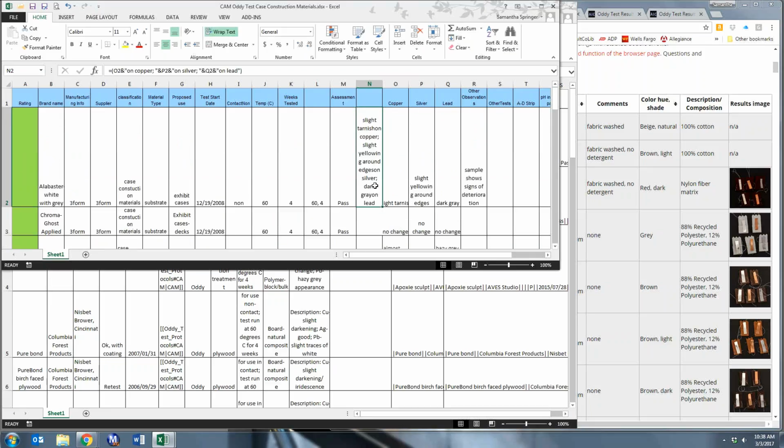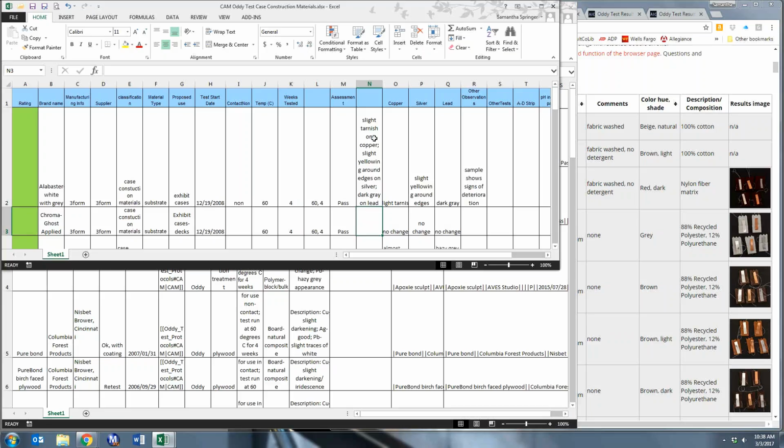So now you can see that I've combined all of this, and you can see, oh, I have a couple of typos. "Slight tarnish on" turned into one word. So I'll just go back to the text in here and add in the space that I need. Let's see, now did I get "yellowing around edges"? So each of these I need to add a little space in here so that I don't have run-on words. And so now I've combined all of this information,